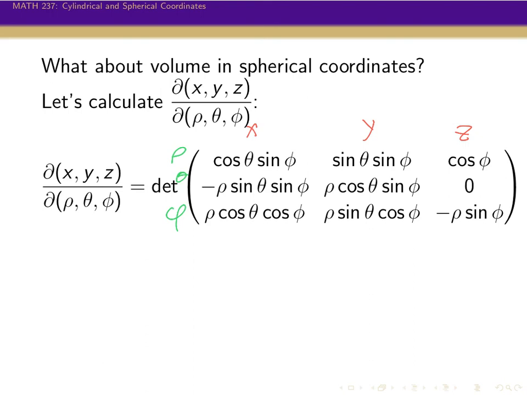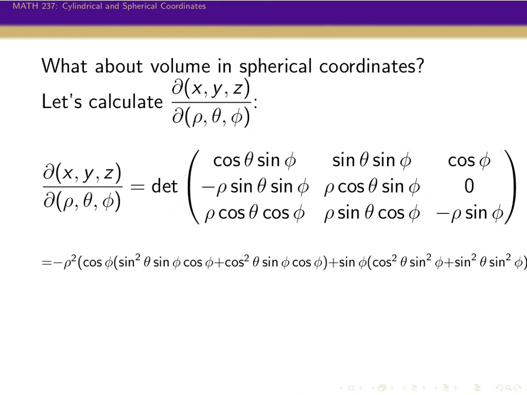Obviously I don't have space here to write out this determinant, so let's just skip to what it is. If you go through and multiply this out, the easiest way is to expand along this column, because it has a 0 in it. You get this beautiful thing for what you get when you multiply it out. Everything is going to have a rho squared in it, so you can pull out a rho squared. Everything is also going to have a minus sign, so you can actually pull out a minus rho squared. And then what you're left with,